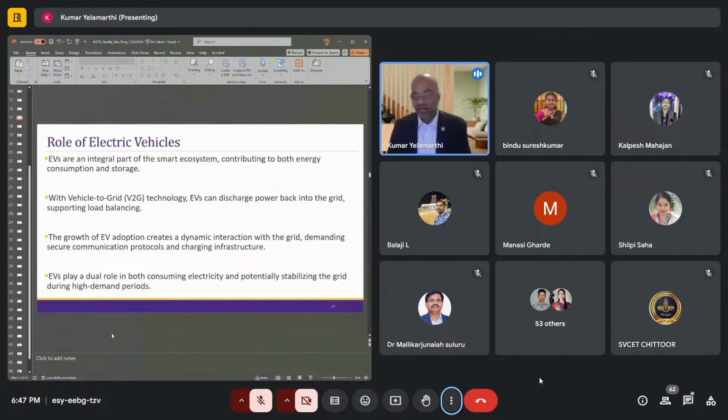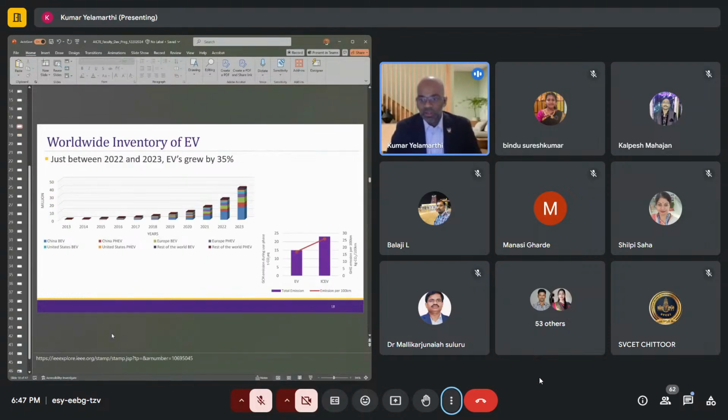So one could start driving from an urban area, going to a rural area, and you need to charge your vehicle there again to come back, which means you need high power in the rural areas. So that is causing a shift in the demand of the power. So let me talk about this briefly. Here I have two slides. I just want to show you quickly.